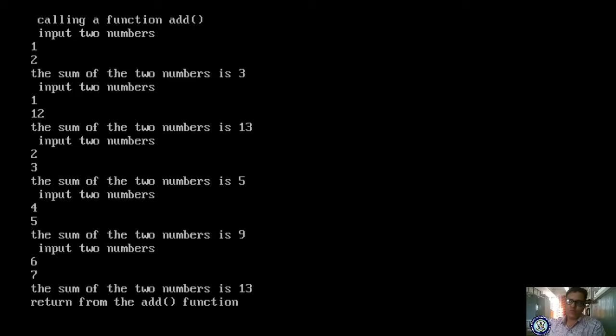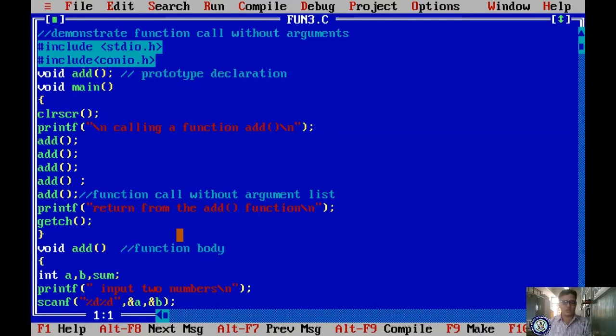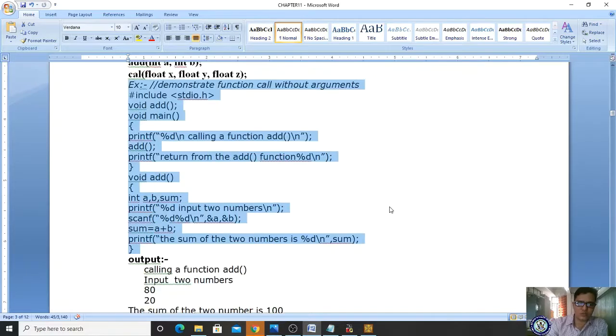Why? We have called that function 5 times, so 5 times I can enter 5 different values and check. Likewise, instead of writing the code 5 times, I will just call it. If I just call that code, it will be executed 5 times, and I can process 5 different values. So likewise, your functions are executed. Got it? Now you have understood this concept, I think, right?